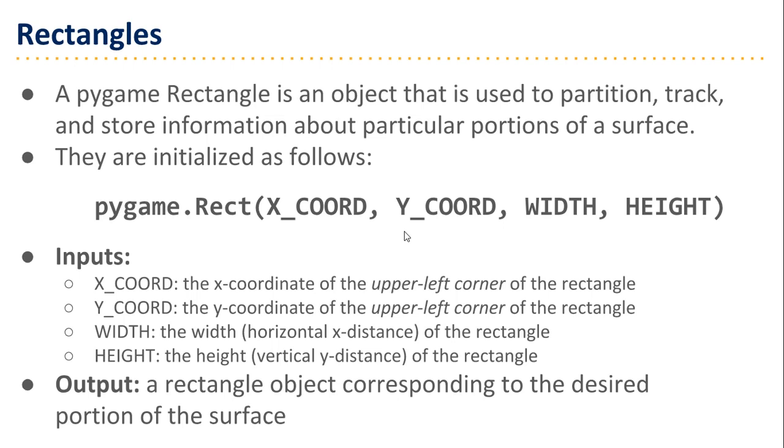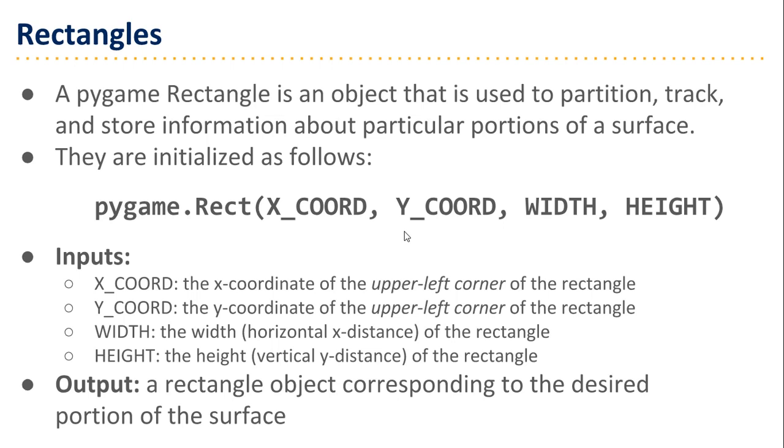And then the second question is, well, which surface does this rectangle correspond to? You might have 10 surfaces in your game, and you create a rectangle, and which surface is this going to place it on? And the answer is, well, none of them. A rectangle is just an object that has a particular location. And it's not located on a particular surface, but rather you could use a single rectangle to represent the same